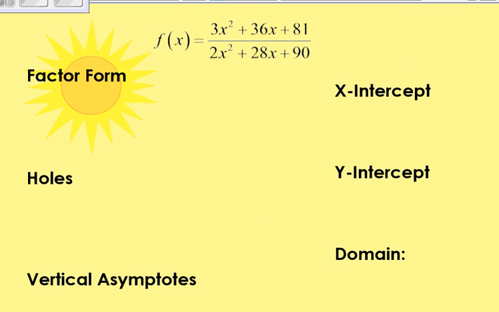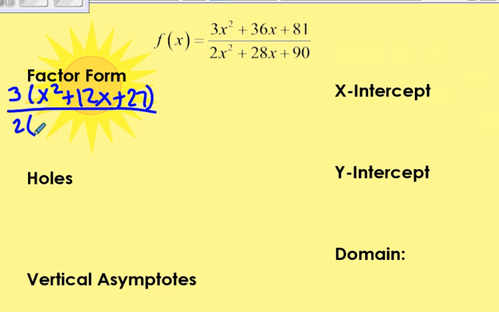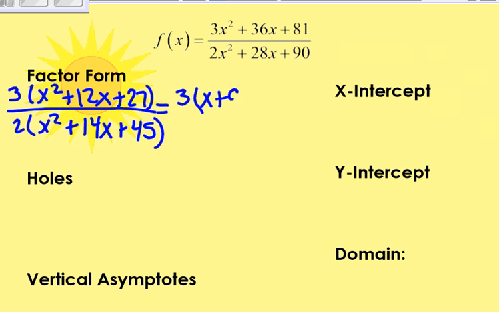Our second one here. So if we factor the top and the bottom first, the first thing that can come out of the top is a 3. So we're going to have x squared plus 12x plus 27 in the top. In the bottom, we take out a 2. So we've got x squared plus 14x plus 45. And if we keep going there, we've got still the 3 in the top. When we factor the top, we're going to have x plus 9, x plus 3. And in the bottom, the 2 still in front, and we've got x plus 9,